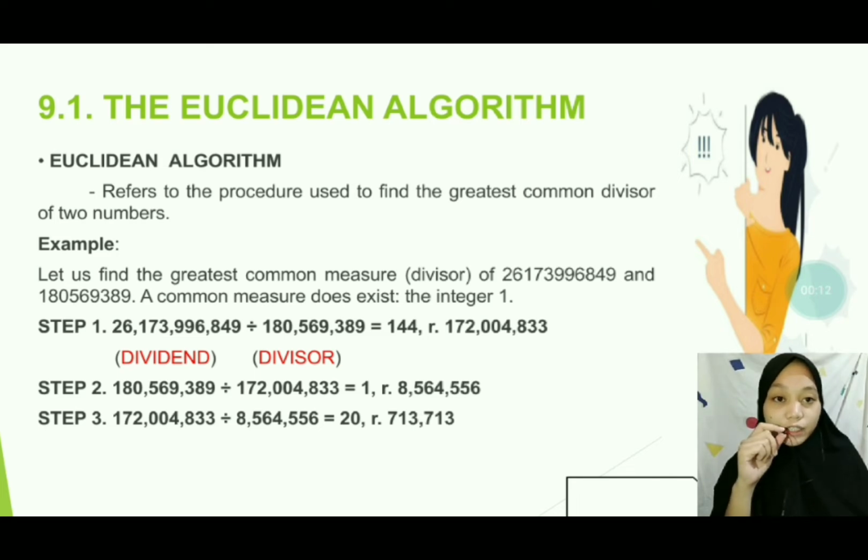So let us find the greatest common measure or divisor of 26,173,996,849 and 180,569,389. So their common measure or common divisor does exist, and that is the integer 1. But what we are looking for is their greatest common divisor. So based on the Euclidean algorithm, the first step that we should do is to divide the larger number by the smaller number. So 26,173,996,849 divided by